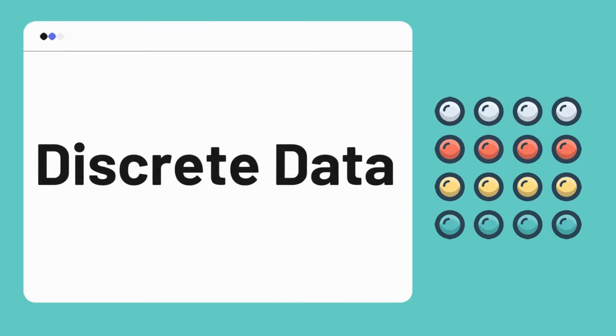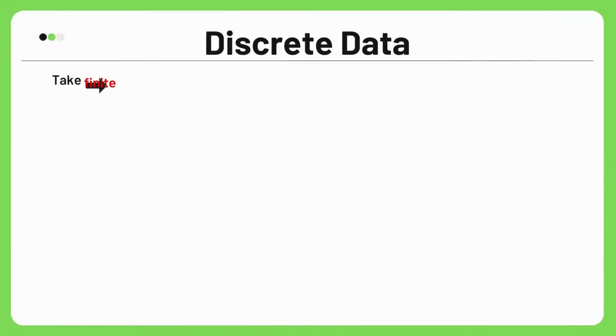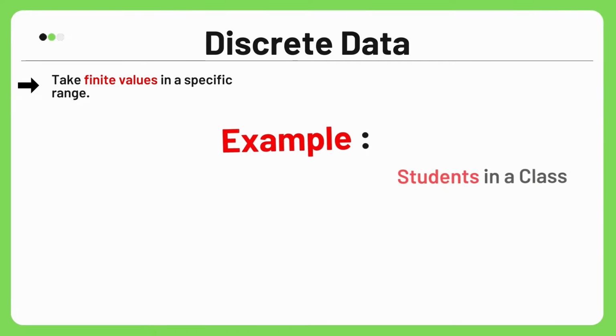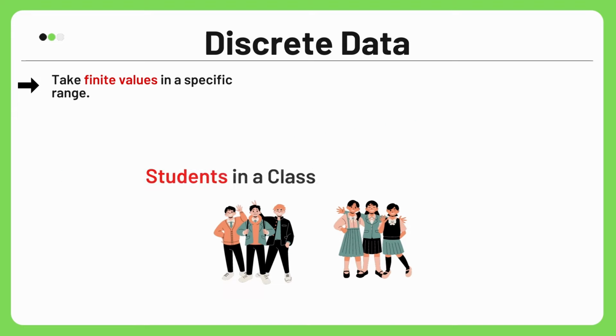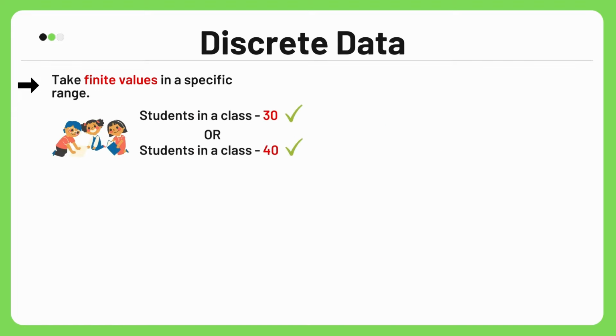Let's start with the first type, which is discrete data. As the name suggests, discrete data can only take a finite value in a specific range. In short, only a limited number of values are possible in this type of data. Consider an example of the number of students in a class. This number is always a finite number, which could be 30 or 40 and is generally within a specific range